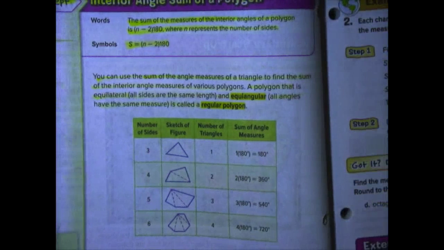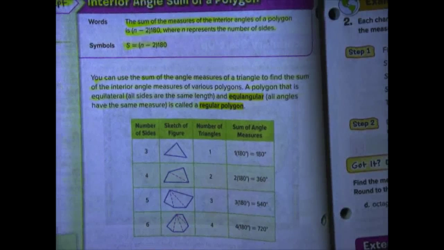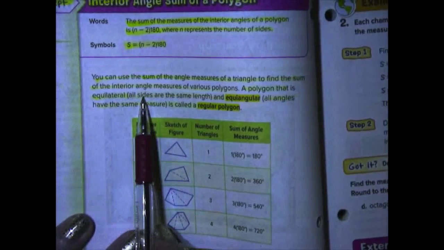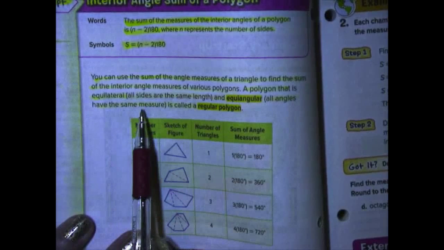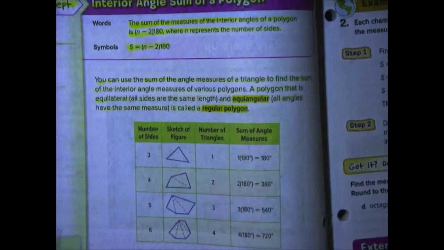In order to do most of the things that we are going to do in this section, we need to know whether or not the polygon is regular. So we have to be able to determine whether all sides are the same length and all angles have the same measure before we can use this formula. So let's take a look at this